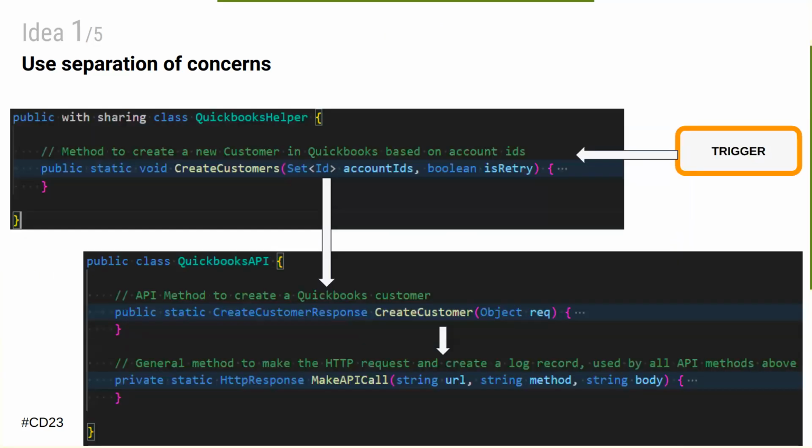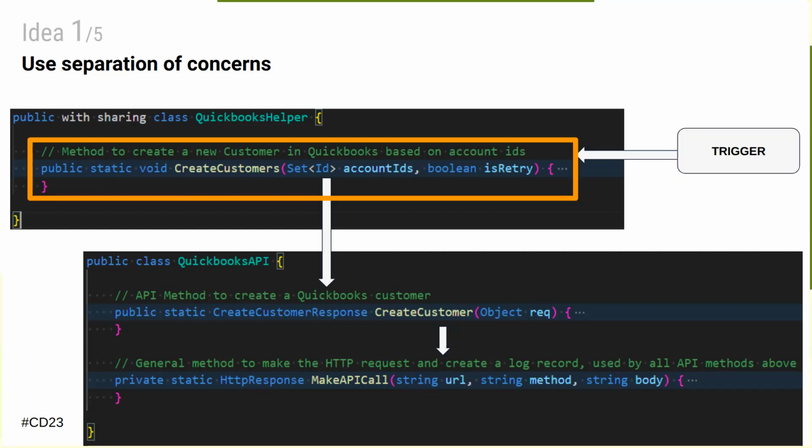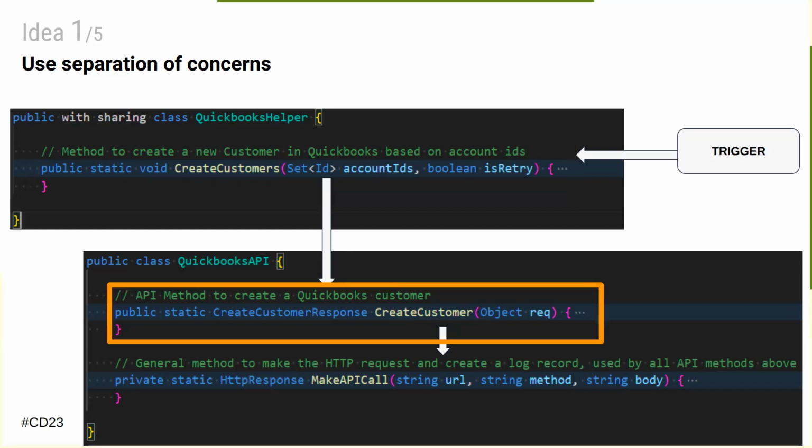All right, let me show you an example of how this works. This is actual code. We have a trigger, let's say on the account, that when an account is created, it's supposed to send the data to QuickBooks. And the trigger will call a method in the QuickBooks helper called createCustomers. This method will extract the data from the account, will build the request, which will be sent to createCustomer in the QuickBooks API class. This one is the method that